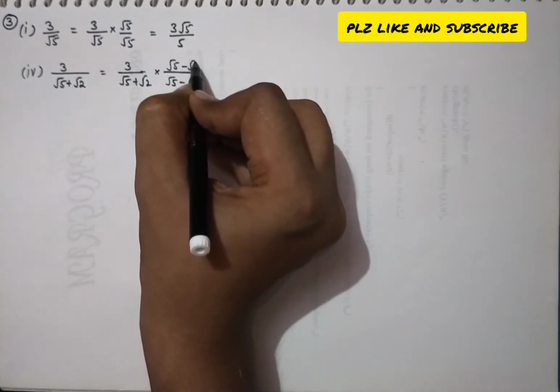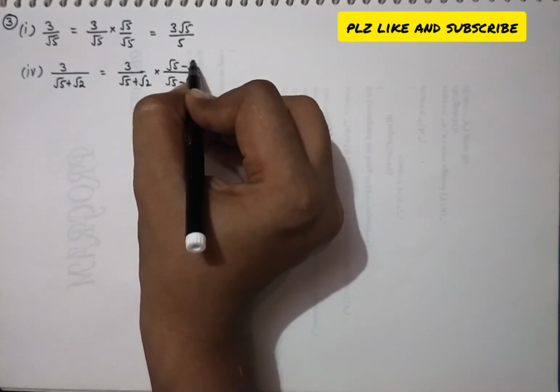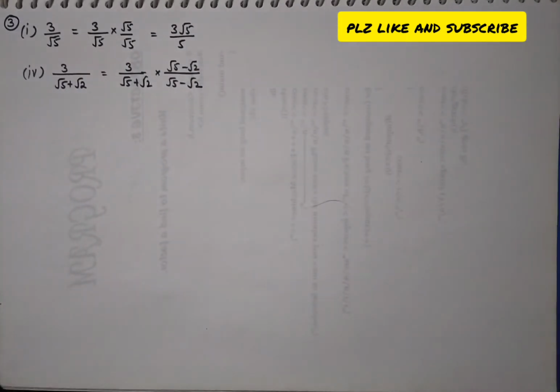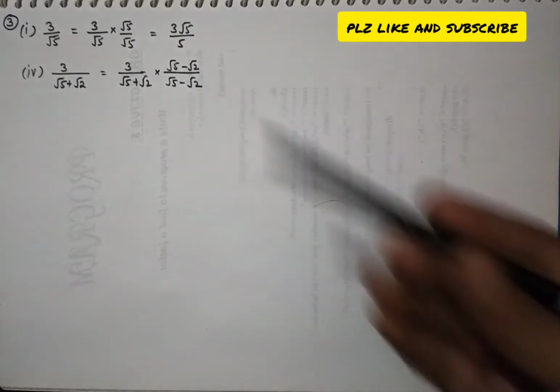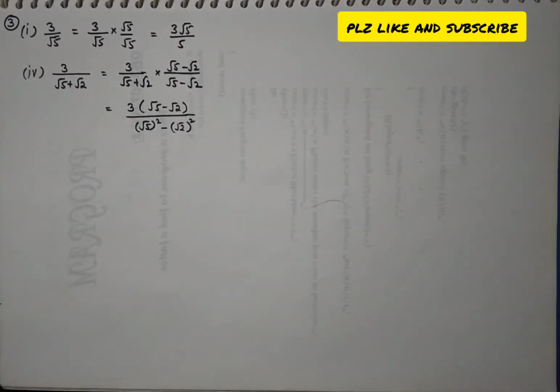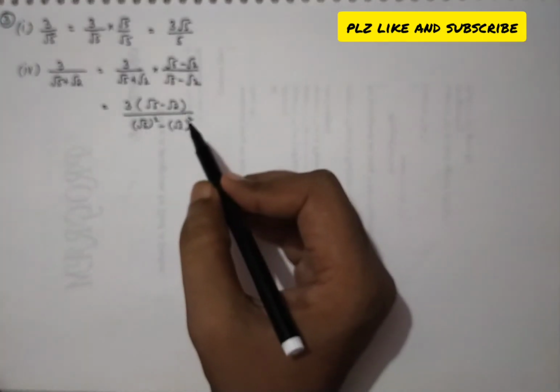Now here in the denominator it is in the form of a plus b and a minus b, so that will be converted into the identity, and in the numerator this will be multiplied by this one. Now after this we'll be opening the denominator,